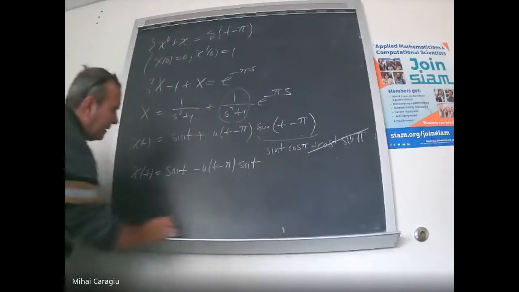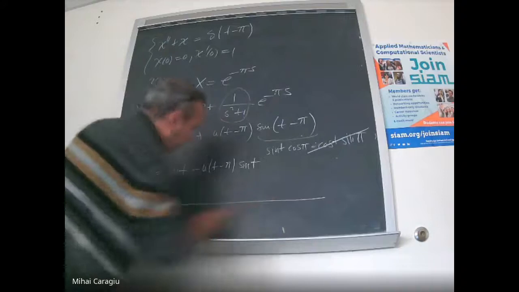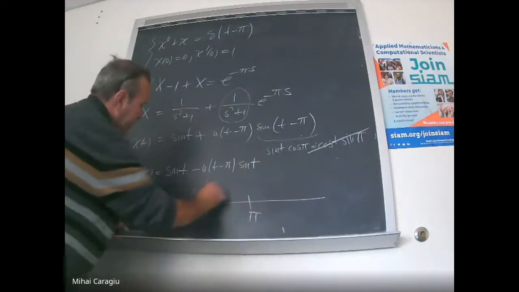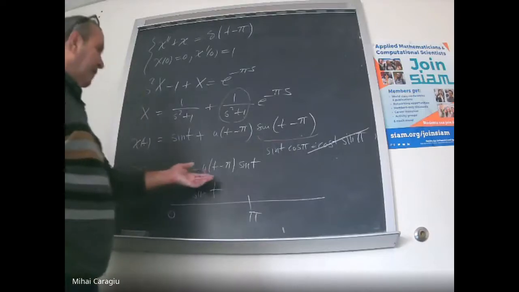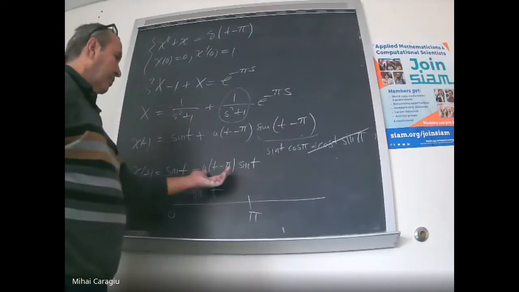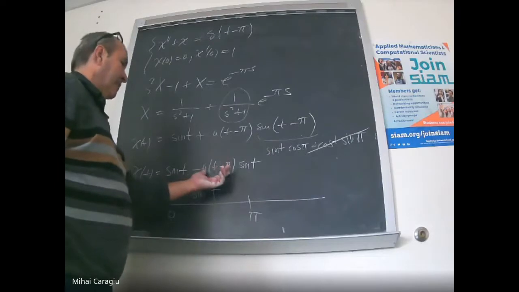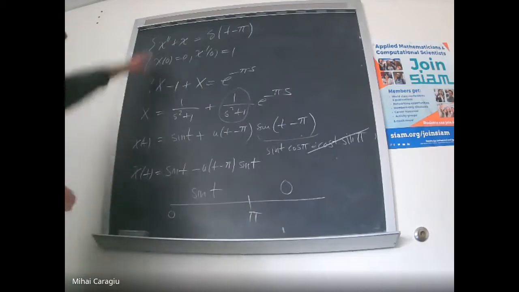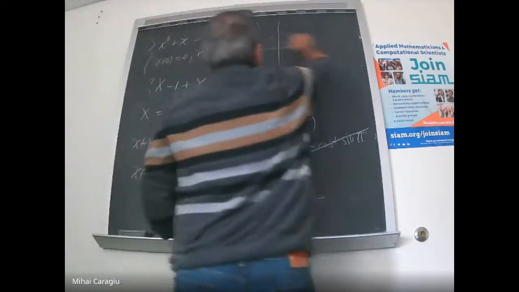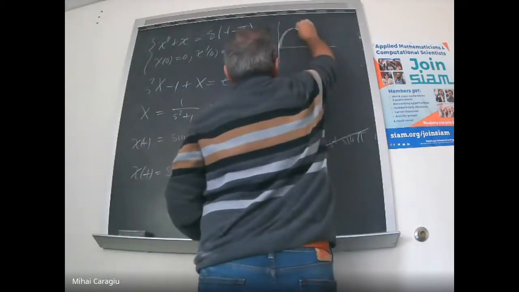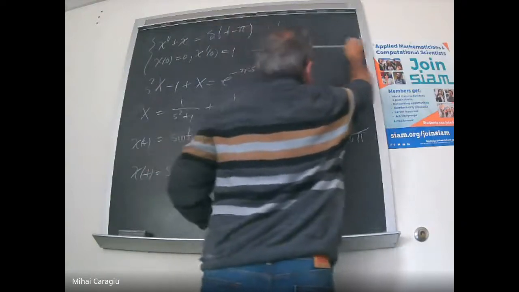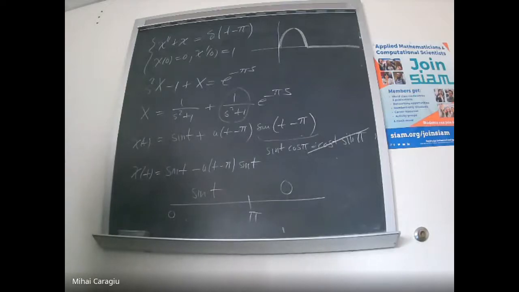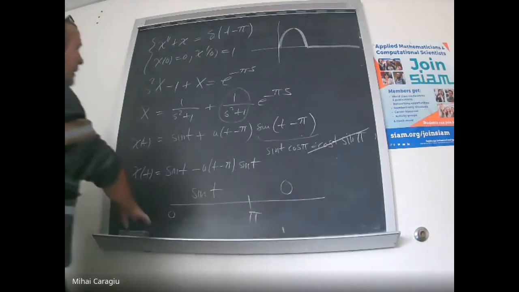Okay, so let's resort to our diagram. Between 0 and pi we get a sine t. After pi, this shock happened, so now the unit step function is 1. So what we get here is sine t minus sine t equals 0. So the solution of this oscillator will be like this. Before pi it is a sine, after pi it is 0. And again, it's very intuitive,